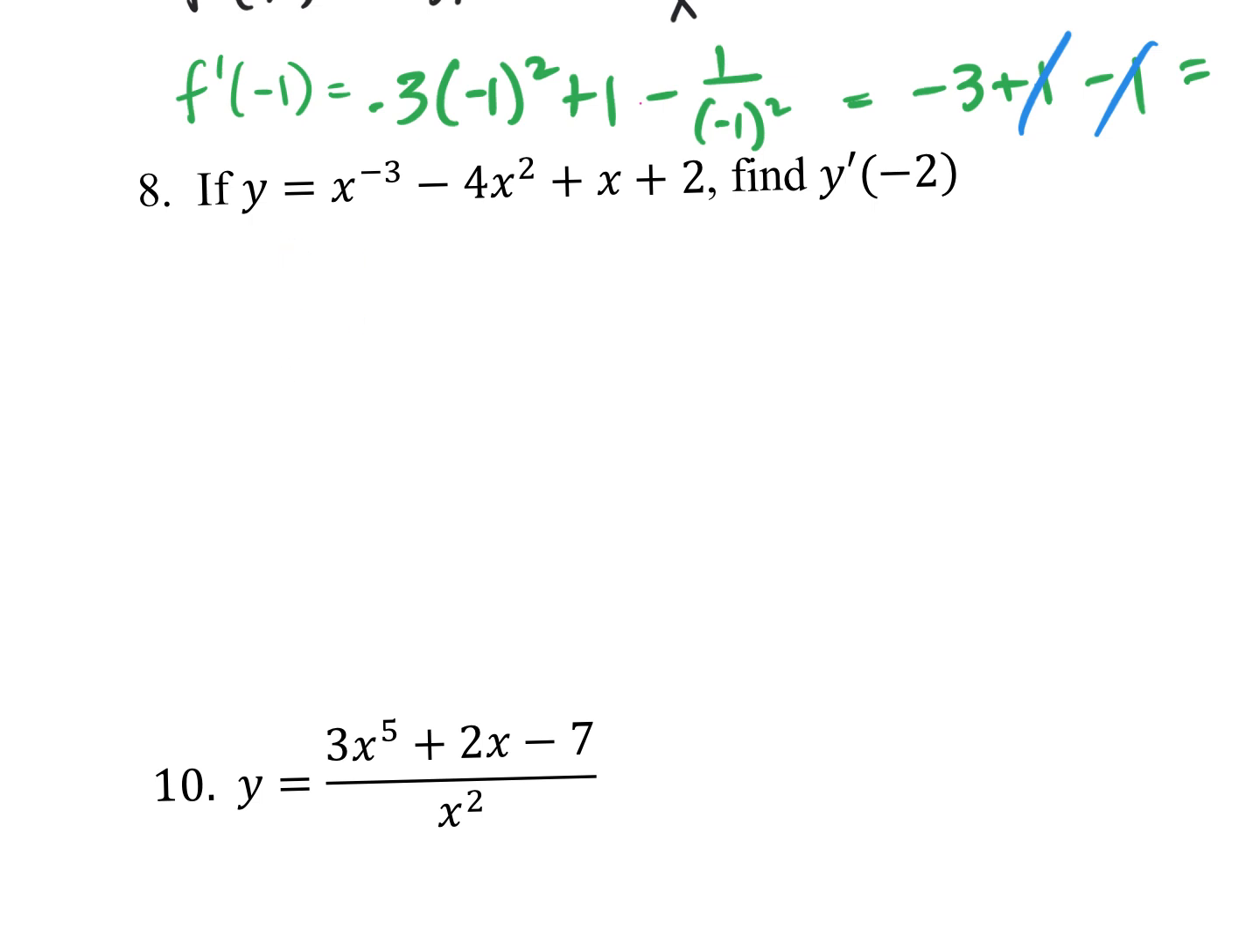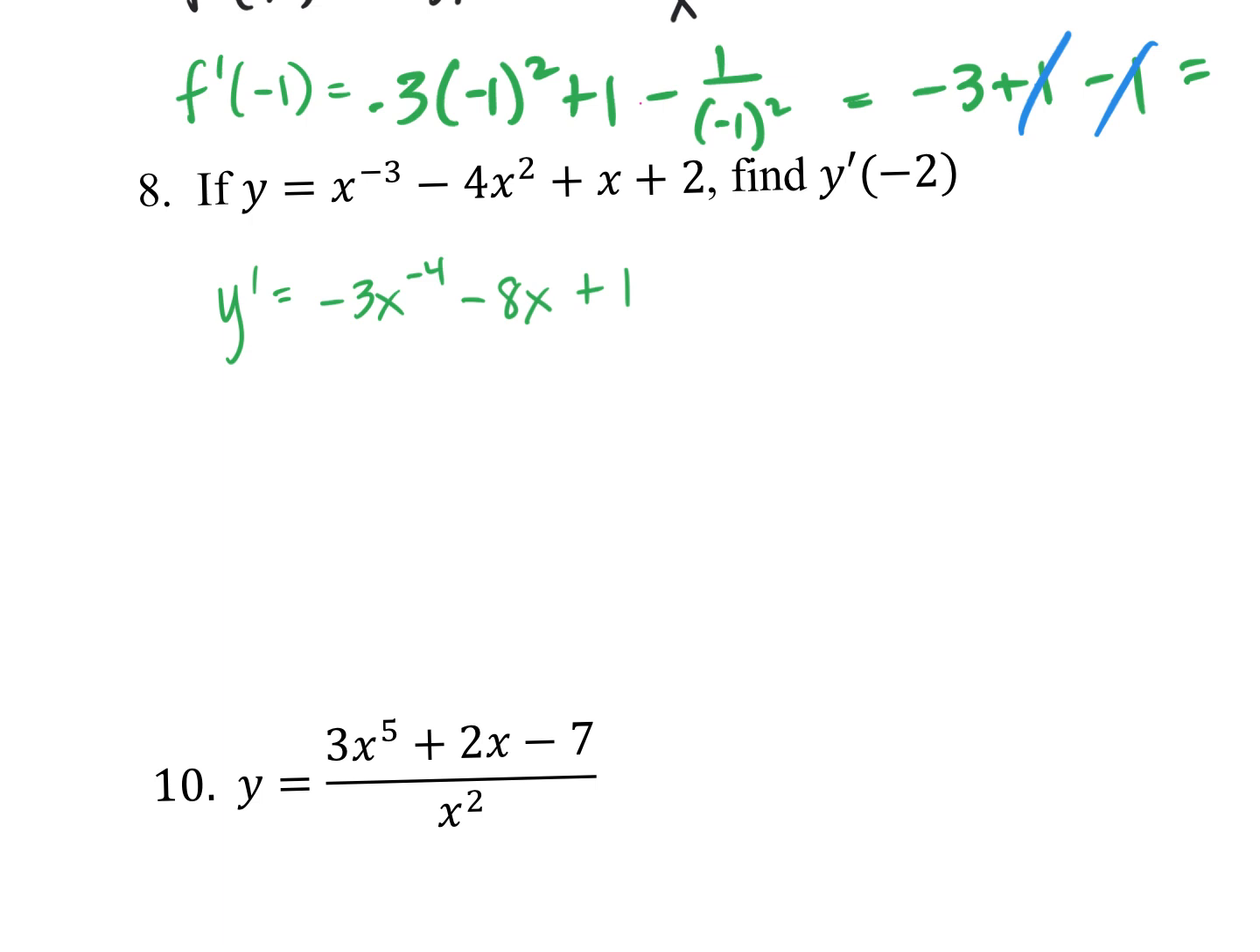Okay, let's look at number 8. Find the derivative when x is negative 2. Let's first go find y prime. Let's just go find the basics. Let's start with this guy. That would become negative 3x to the negative 4 minus 8x to the first, or just 8x, plus 1. The derivative of a constant 2,